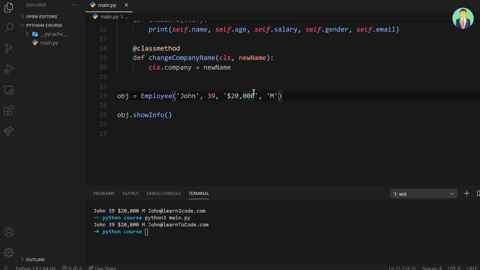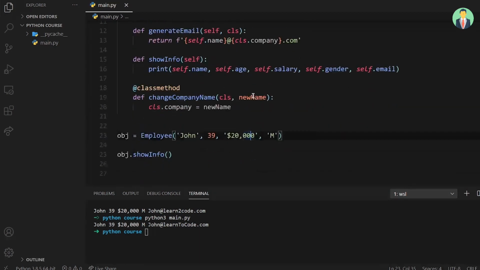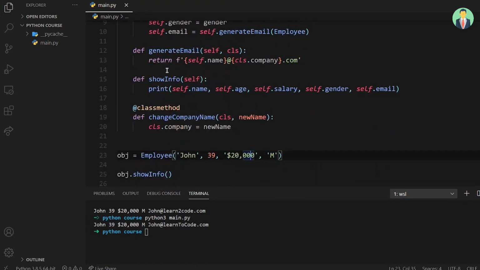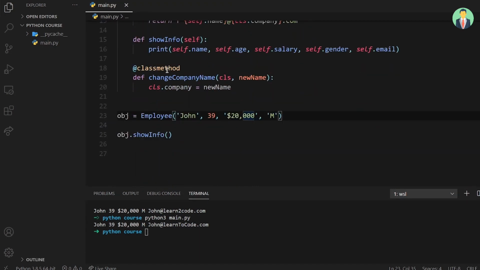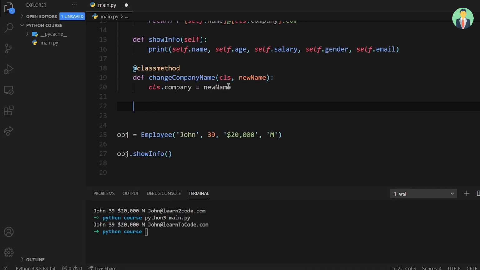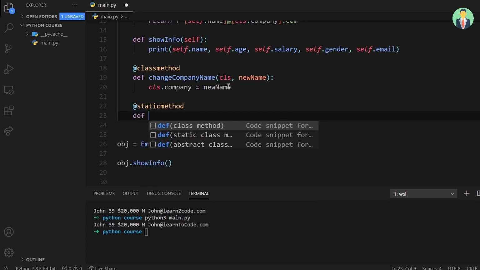But let's say you want to make a method which just prints out the different functions this class has, like a help method. A help method shall belong to a class, but you don't need to modify anything. So we have something called a static method which does not do anything, but is just for support or telling what the whole thing is about. It does not need any parameter. That has a decorator called staticmethod, and you say def